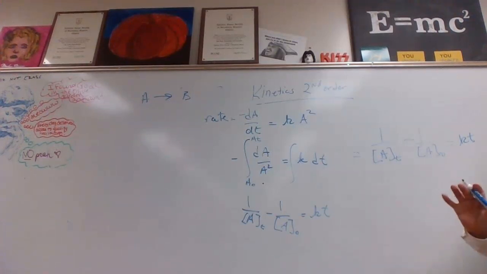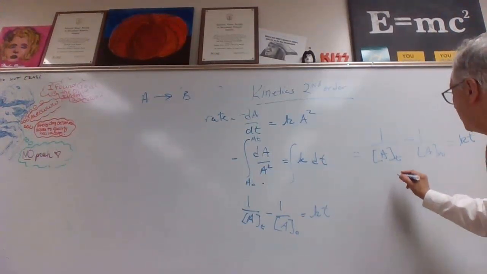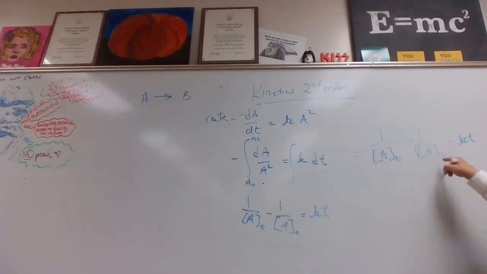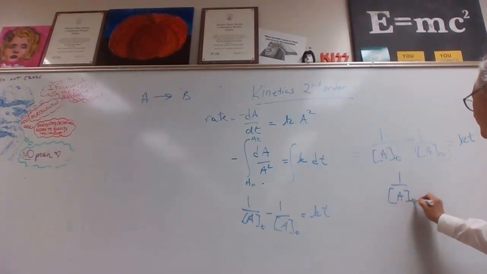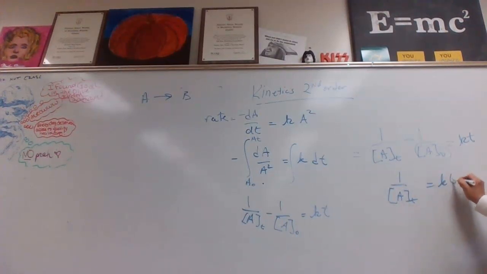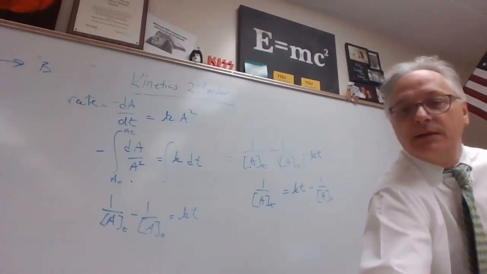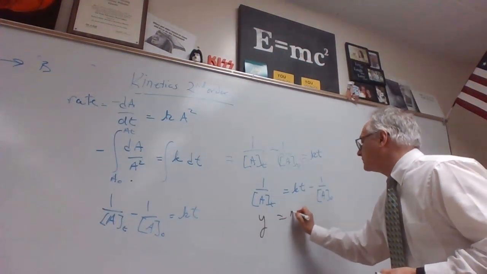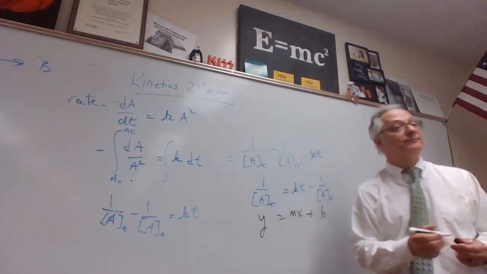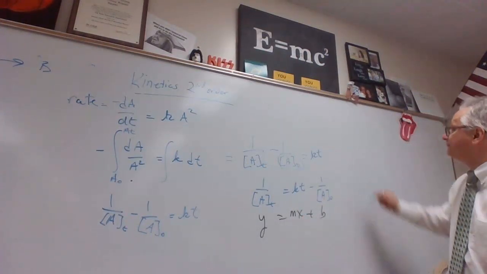And one of the ways that we can write this is let's write it like a line, because that A0, that's going to be a number that's not going to change. That's what we start with. So we say 1 over A at time t is equal to kt plus 1 over A0. Okay, so hopefully this looks a little bit like y equals mx plus b. So if we were to plot,